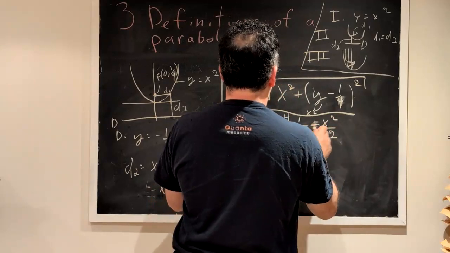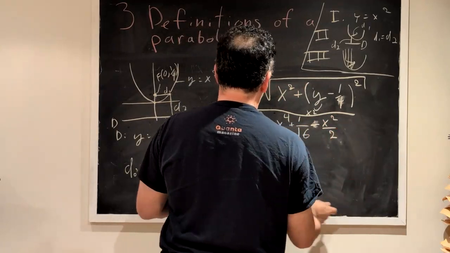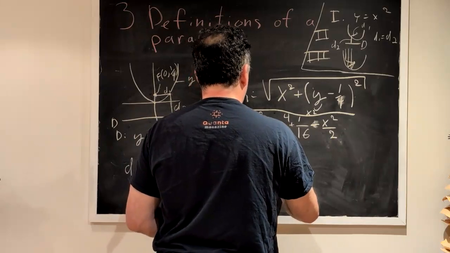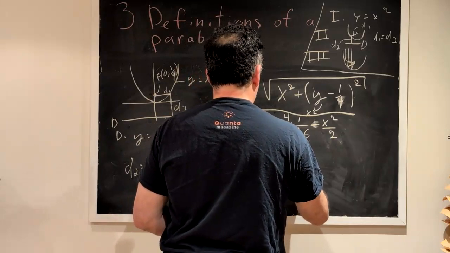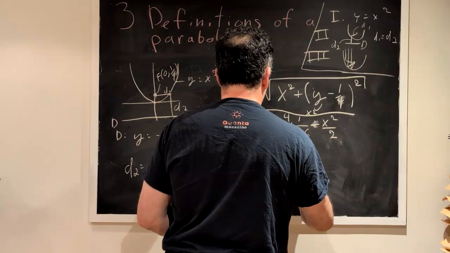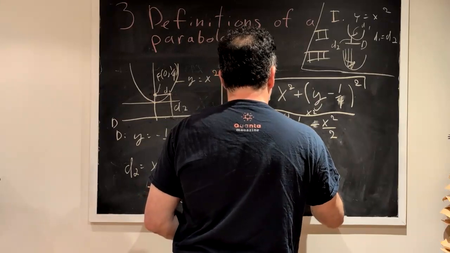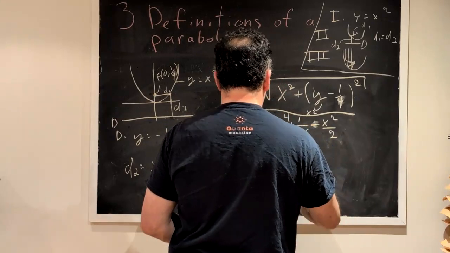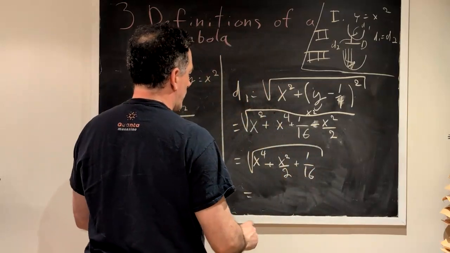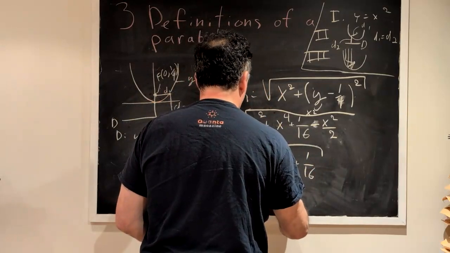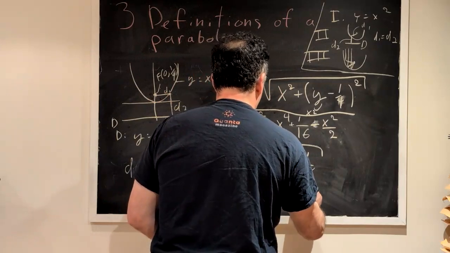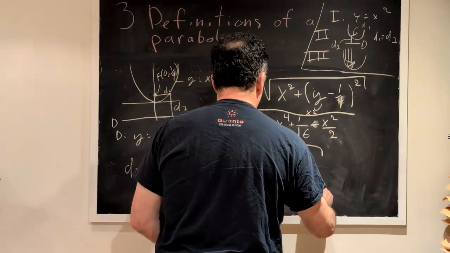X squared minus x squared over 2 is x squared over 2, so that's equal to the square root of x to the 4th minus x squared plus x squared over 2 plus 1/16. And now this is equal to the square root of x squared plus 1/4 all squared, which is